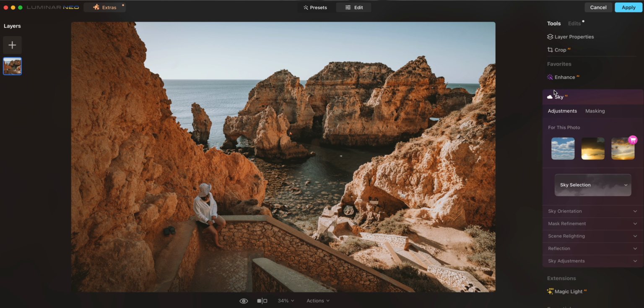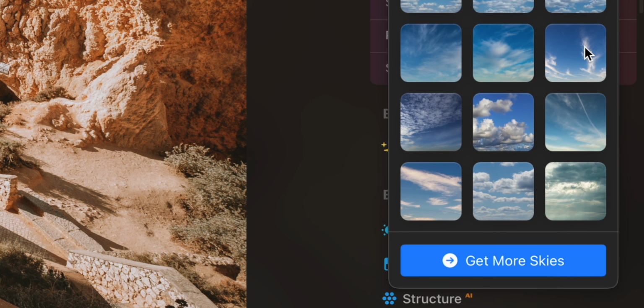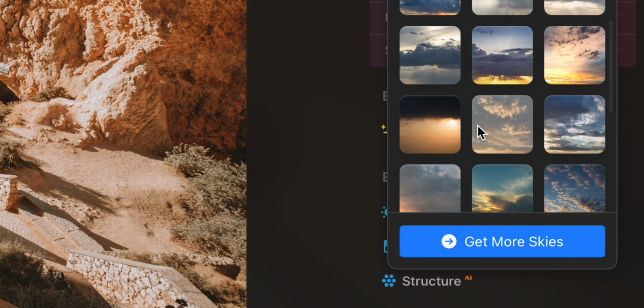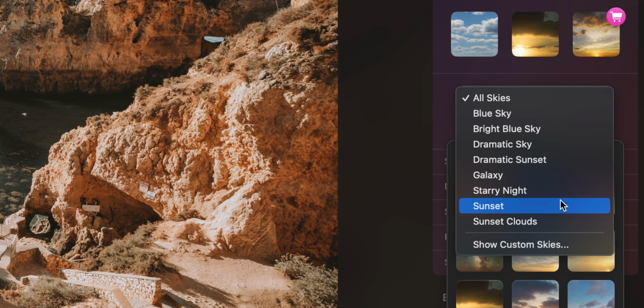Here, the program will suggest some skies that it thinks will look most appropriate in your scene. If you don't think those will work for you, you can click Sky Selection, and you can look for a sky that makes more sense to the scene. Maybe it's more true to the location or time of the year. This feature uses AI to analyze the photo and identify the sky, making it easy to replace it with a new one. It's nice how many options of skies we have to choose from, and with one click,